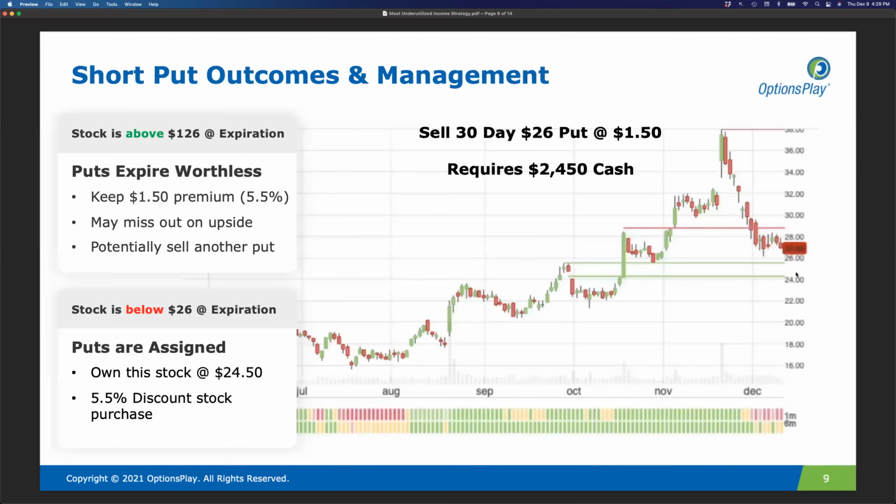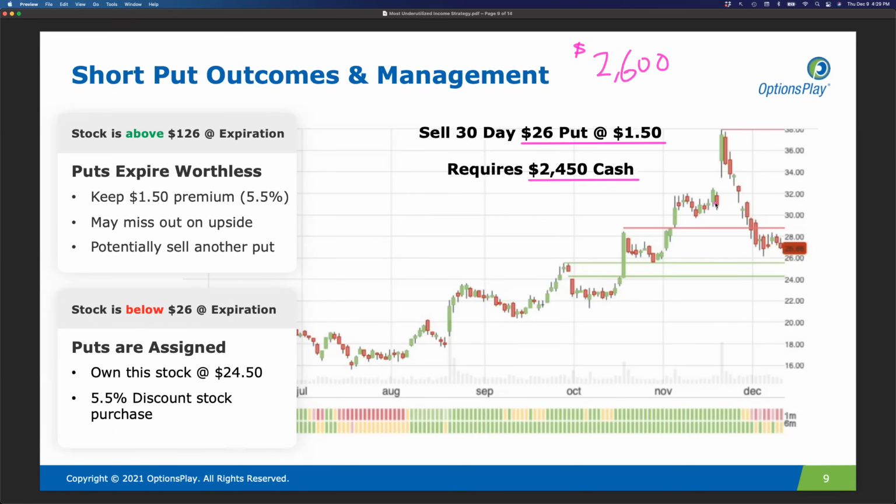Perfect. Okay, so let's talk a little bit about the potential outcomes here. When you sell a $26 put option for $1.50, one of the things you're going to notice is that as an equity investor, to buy 100 shares of the stock, you need $2,600. That's how much cash you need to buy 100 shares. When you sell a put option, because you're collecting the $1.50 or $150 per 100 shares, it requires only